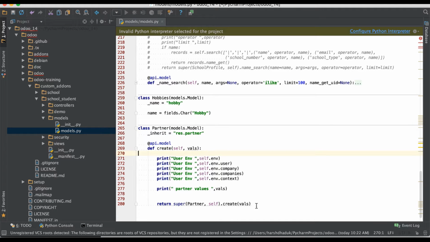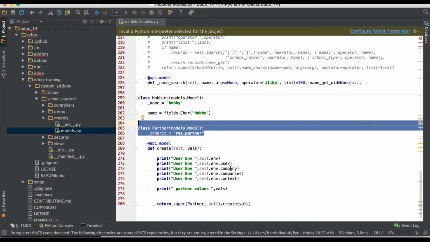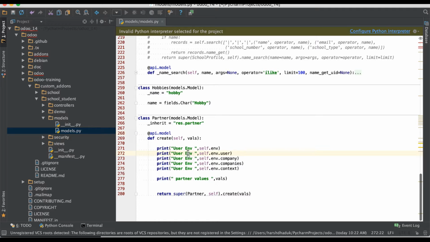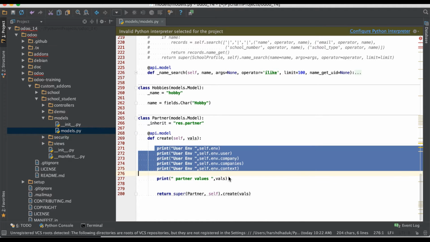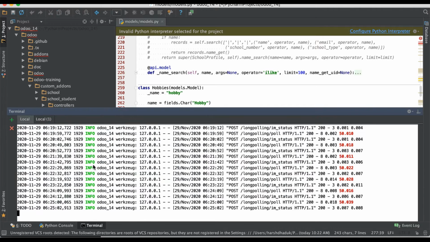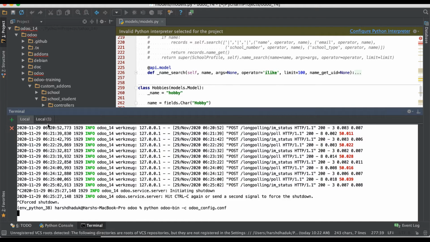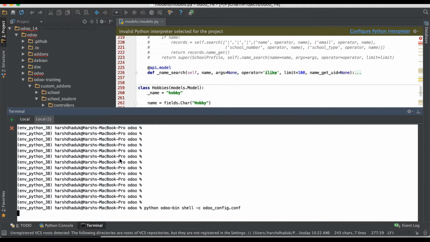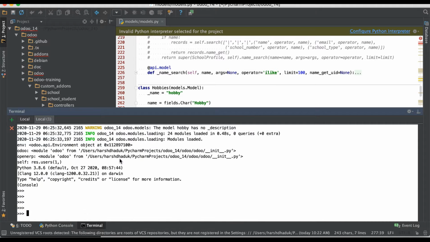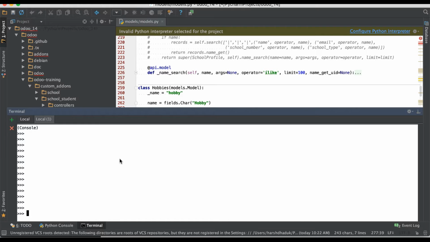Okay, so we inherited this res.partner model and overrode the create method, and also added these print statements for reference purposes. I'm going to the terminal to restart the service, and I will log into the sales command,